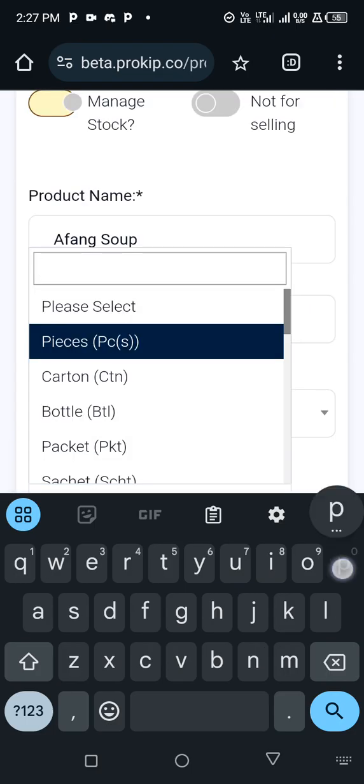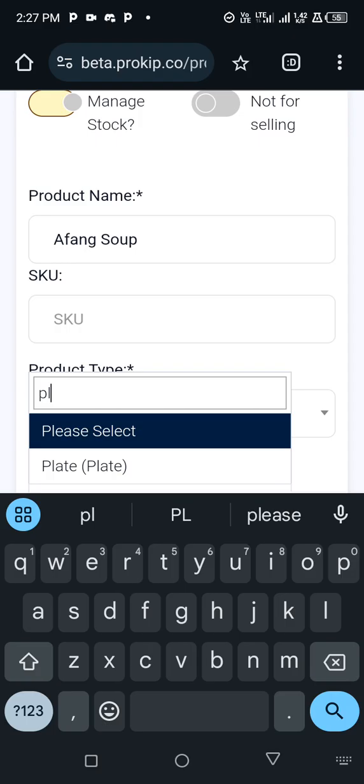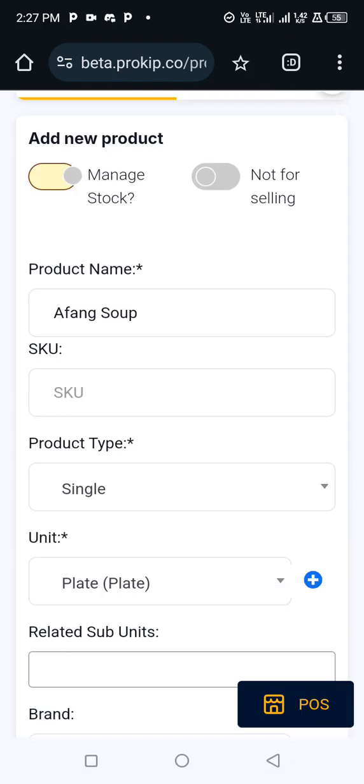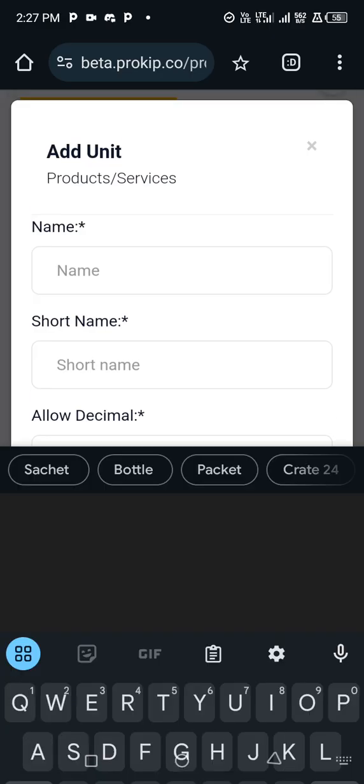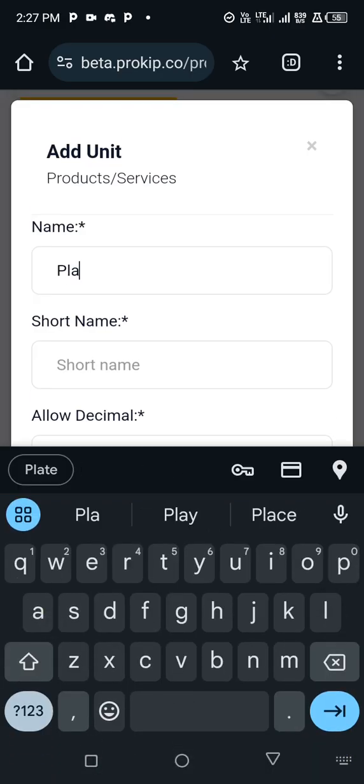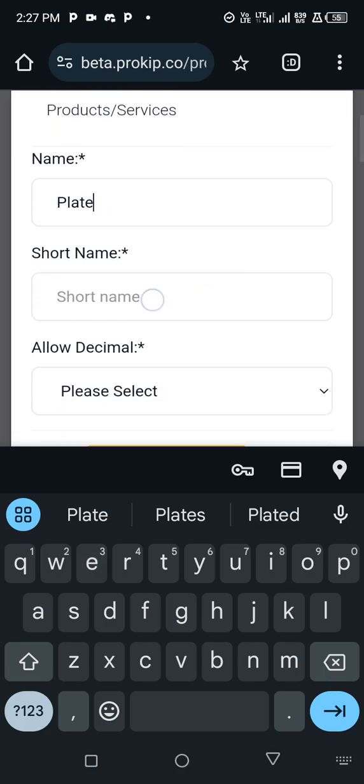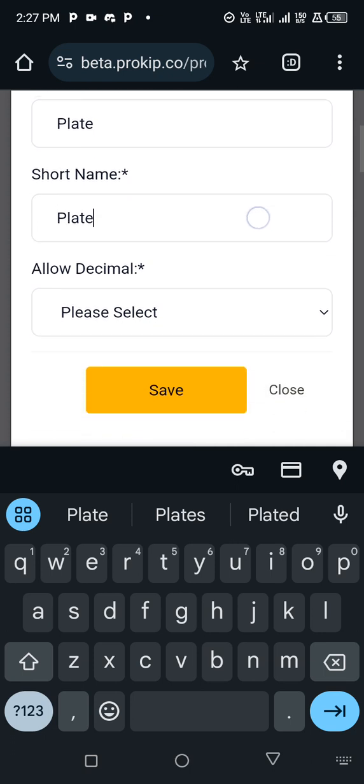So we click that and select plates. If this is your first time of adding afang soup on the system, you simply click on the plus sign against the units, and then you type plates. Type plates again on the short name,